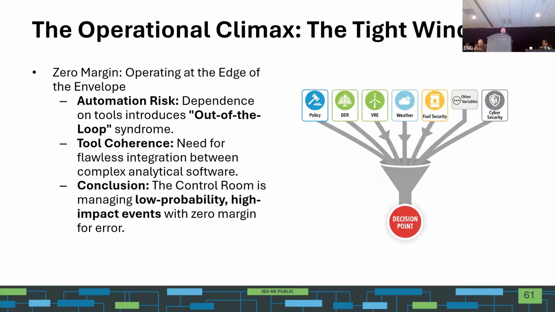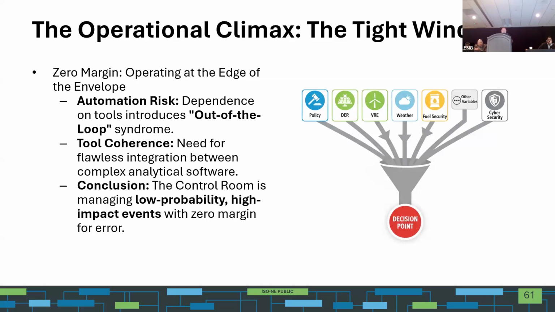We talked a little bit about the risks that we have. I'd like to see a lot more automation of those phone calls and that data, but we also have to address the out of the loop syndrome. If all of these pieces of information are coming in through an automated means, what's making the operator aware when that critical piece of information gets passed on and we miss it? So that's where things like AI and software alarming could be enhanced to get us out of that out of the loop syndrome, take the burden off the operator, but still focus on the important things that need to be addressed.